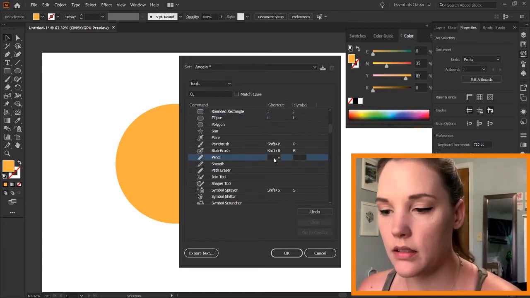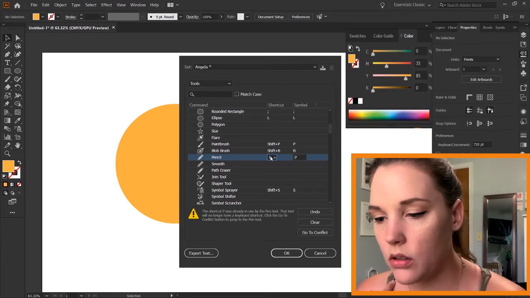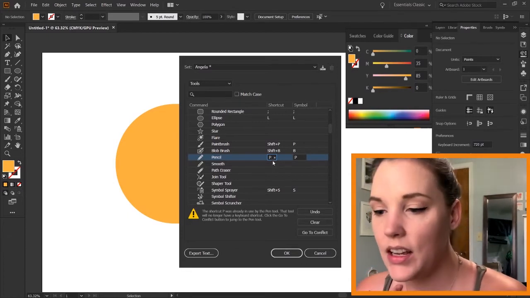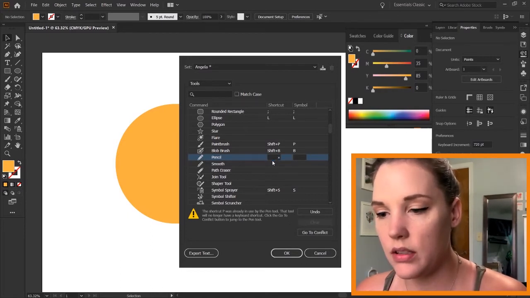Let's just see if P is being used. Gotta click in, press P. Shortcut P has already been in use by the pen tool. Oh my goodness. Well, of course it has. So let's do something that doesn't normally get used. How about